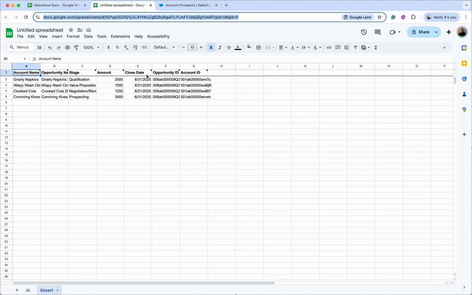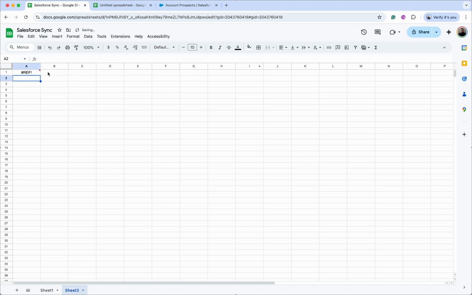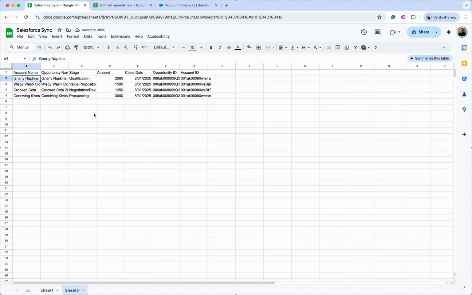And then we need the columns that we want. So we can do A through G. So I'll do A through G. And then I'll end the quote and press enter. It needs to allow access so that way it can run. And now you can see that we have all of the opportunity information in the same spreadsheet now as the